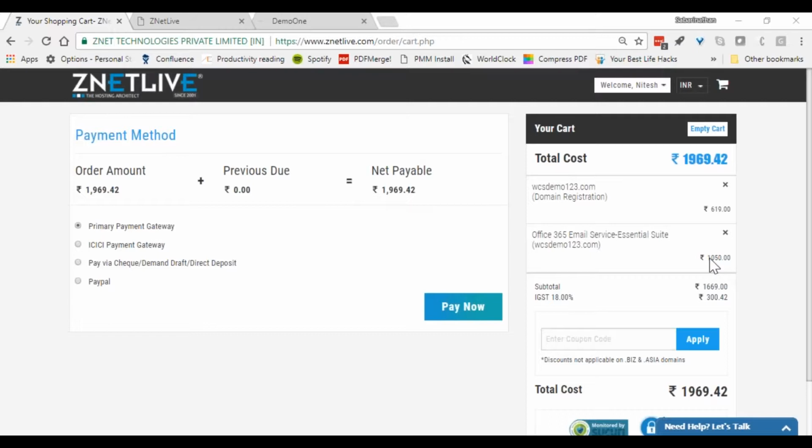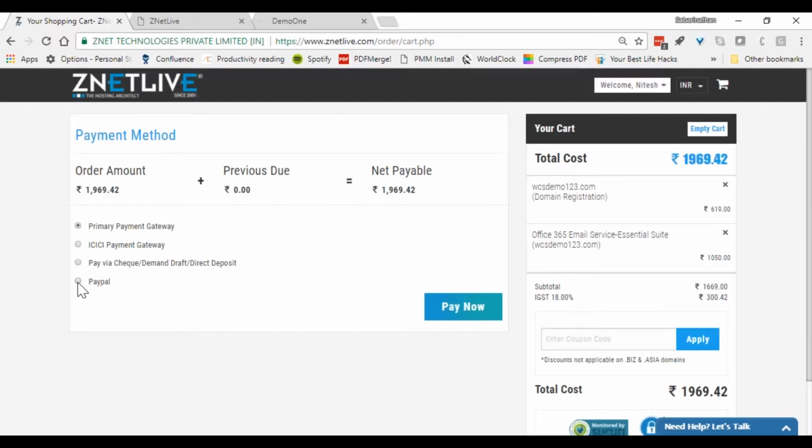So how do I get a post-paid model done? So what we will do is we'll configure the platform for you to say offline mode or post-paid model, and then provision the service and get the services billed at the end of the billing cycle. So RackNap has the capability to do that as well.